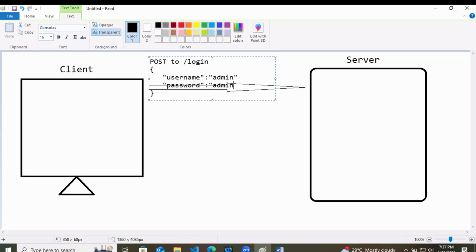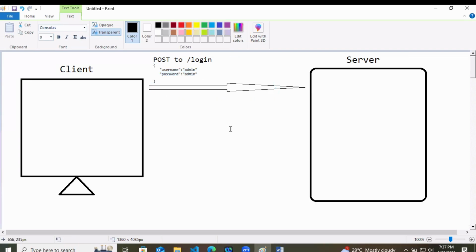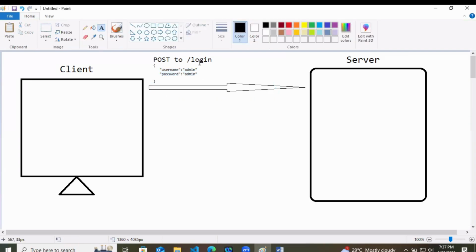So like that, a user is trying to make a POST request. At first, the user makes a POST request to the server.